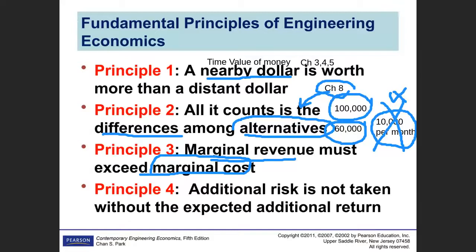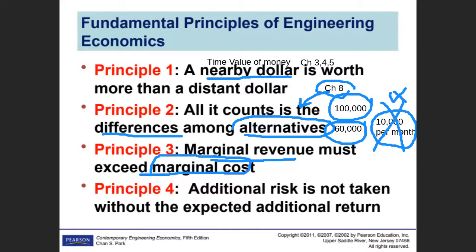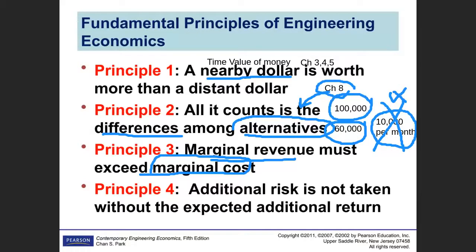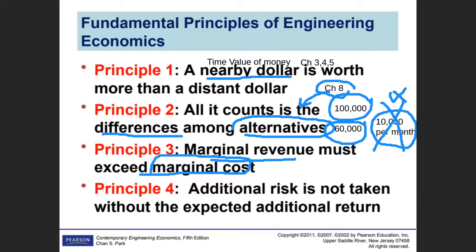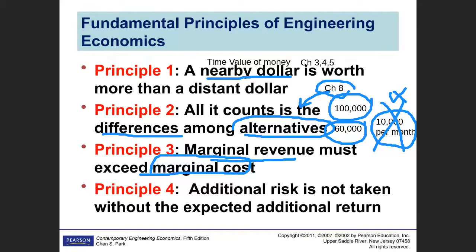For example, if you have an order you receive from a customer, but that is beyond your capacity, in order to meet that capacity or meet that requirement, you have to open either a new section in terms of our academic environment, or in terms of technical, maybe you have to install a new machinery in order to achieve that revenue, right? So what is the additional revenue you get from that customer, and what is the additional cost which you spend? It is very important to make the decision to accept an order or not to accept an order.